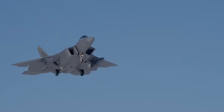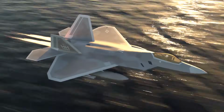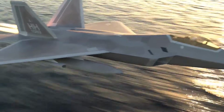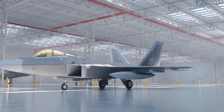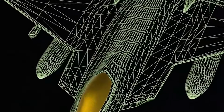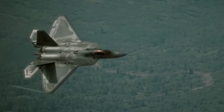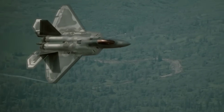The new system is mounted on newly designed, stealth-compatible wingtip pods, allowing the F-22 to maintain its radar invisibility while gaining a new way to identify and target threats. This capability significantly enhances the Raptor's survivability and lethality, giving it the first look, first shot advantage that's crucial in